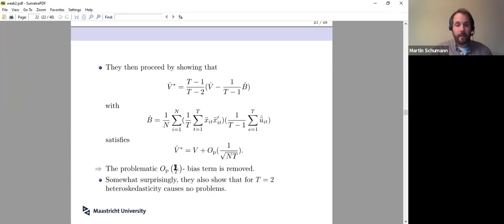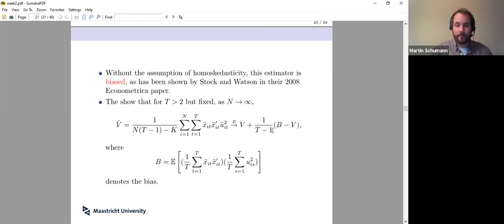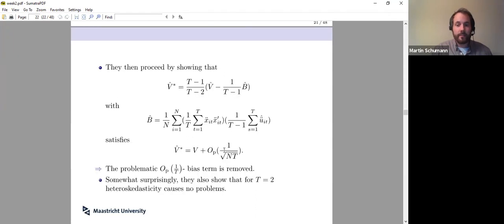So this has an OP 1 over T bias, and this has an OP 1 over square root NT bias, which is much better in short but large panel data sets. Somewhat surprisingly, they also show that if you have only 2 time periods,